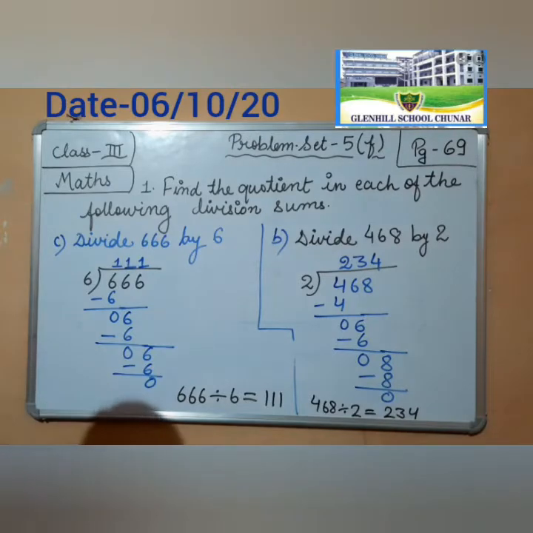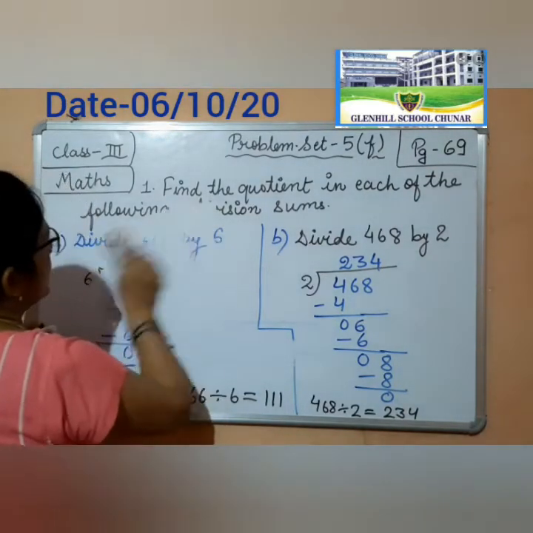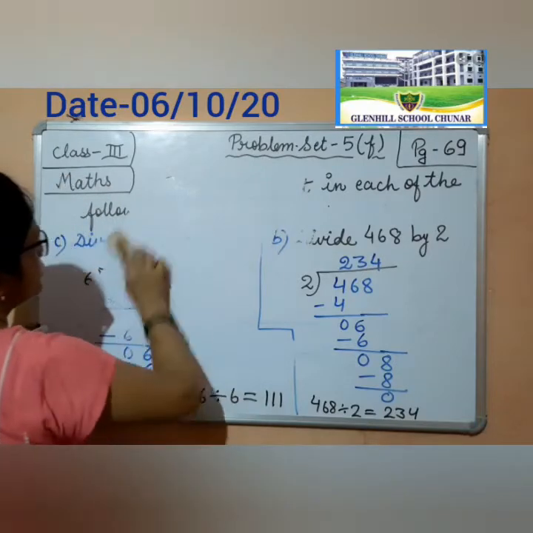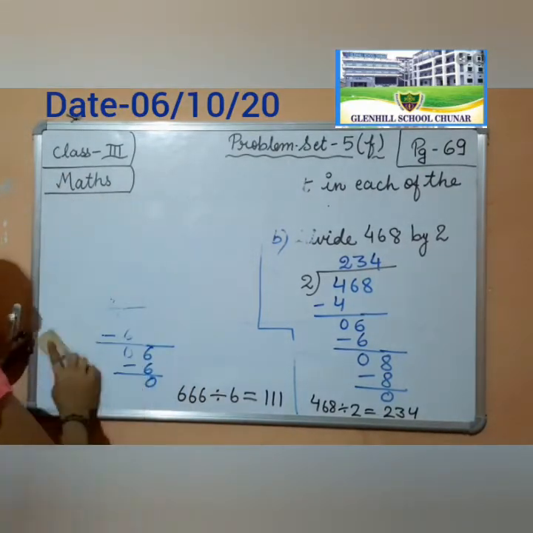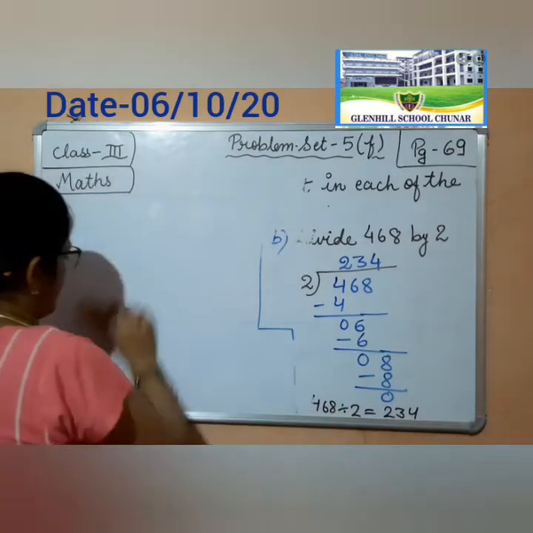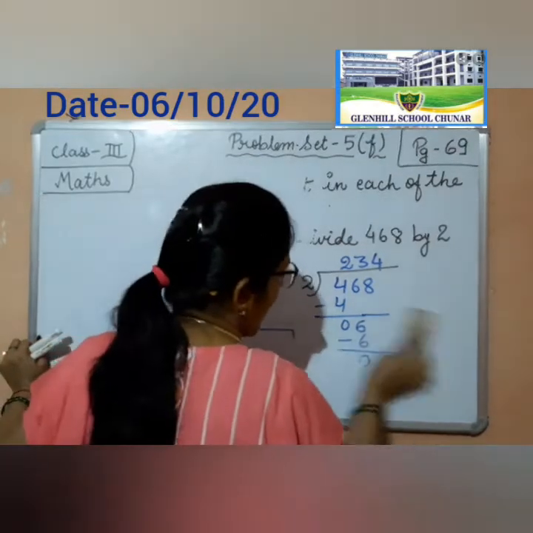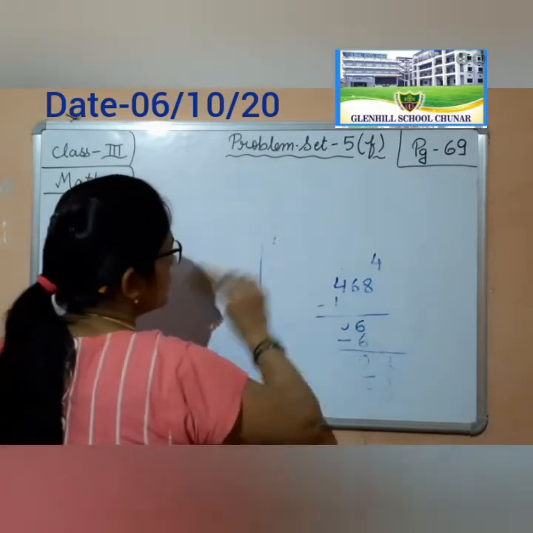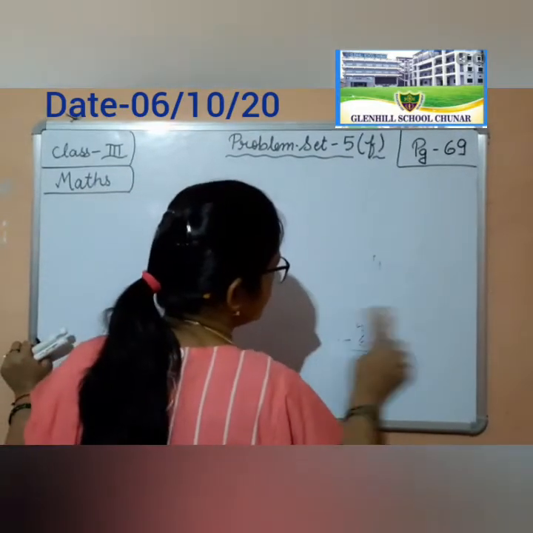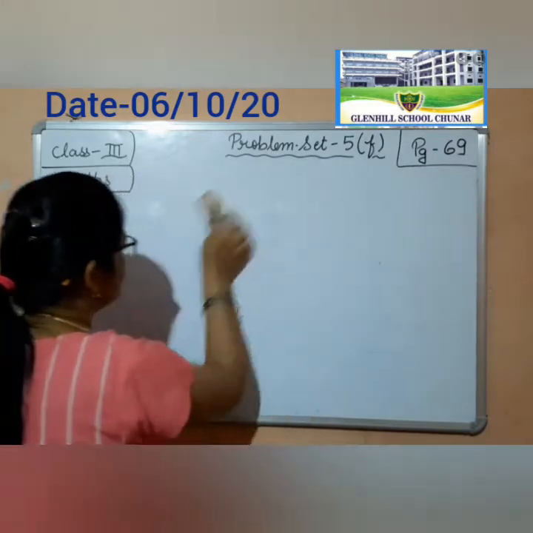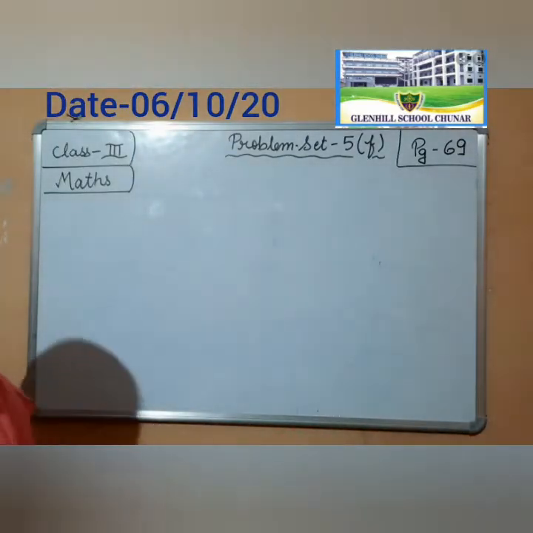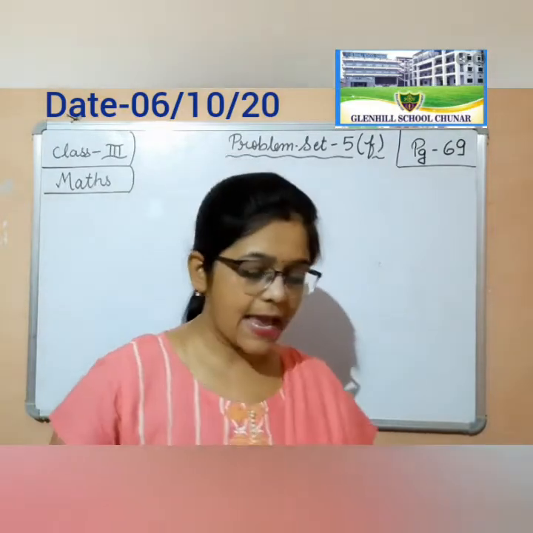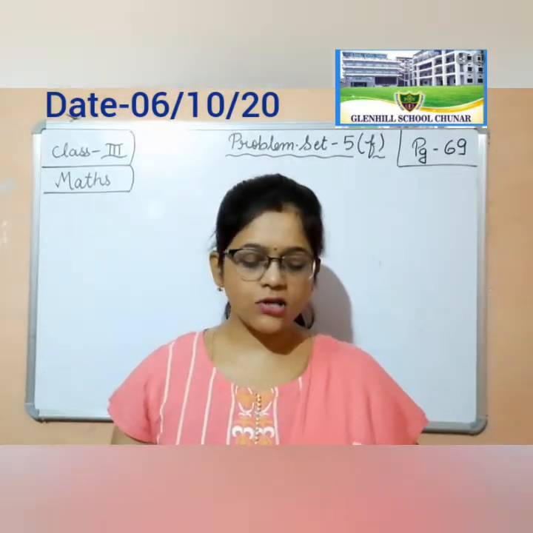Done, student? Now come to question number 2. It is all question number 1. I hope you are not having any problem while doing division. Isn't it, student? You are having no problem, na? Okay. Now question number 2 is, it is written in your book also, okay, do the following in your notebook.